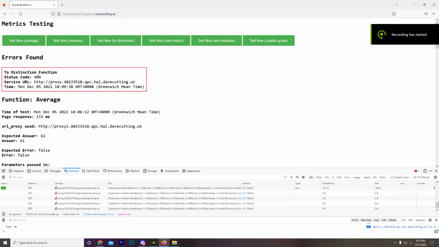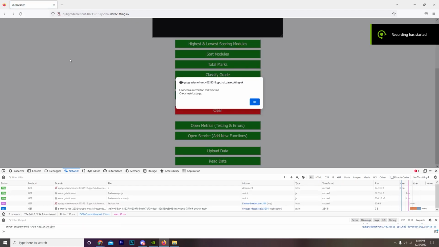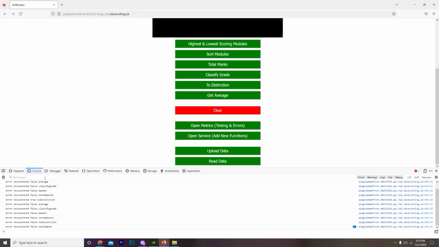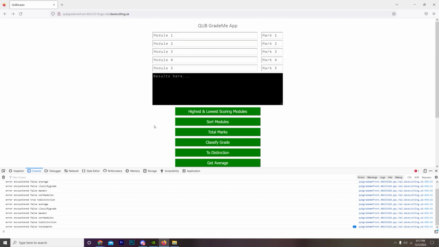And also, while we do have this error, if I go back, yep, there it is, toDistinction encountered an error. So on the front page, the Firebase listener is reading that toDistinction function that came up with an error. And if I press OK, it will set it to false again, and here it is actually being read through as I went back to the front page. toDistinction was found true with an error, and now it's false again. So that's the error handling and load balancing of the front end, the metrics page, and also I will show